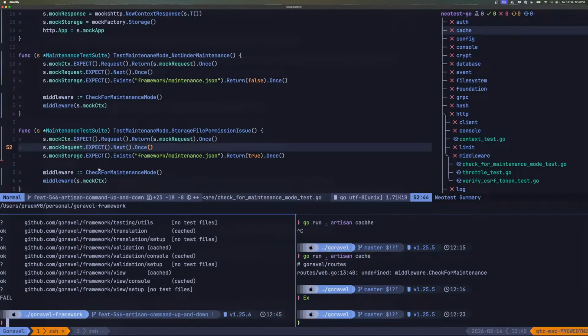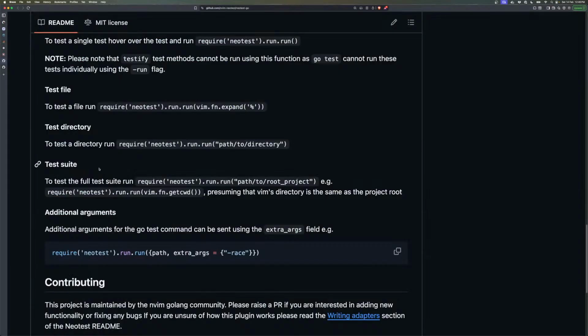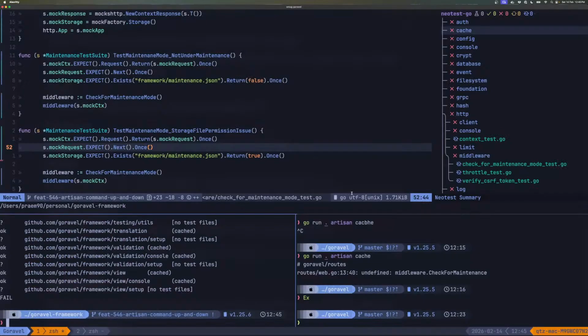Okay. Might need to append the dots. Okay. In that case,